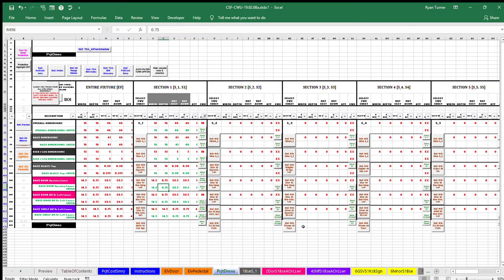Exit the macro after reading the message by clicking the OK button. Enter the amount specified by the macro. Depth is the dimension from front to back. In cell R496, enter opening depth 0.75 inches.